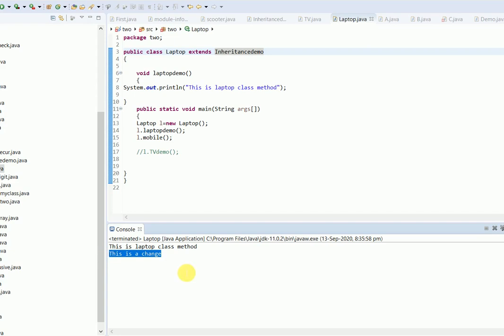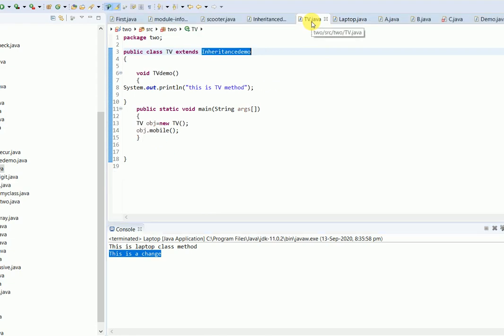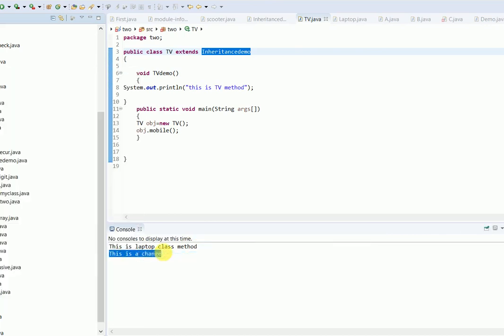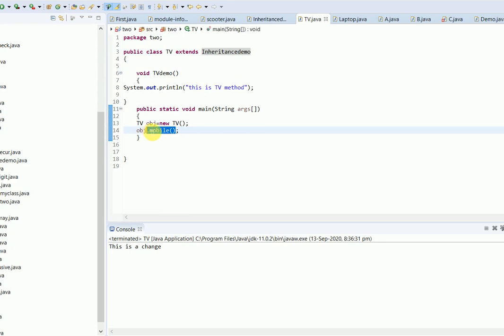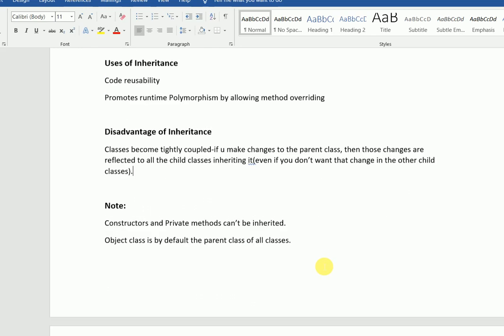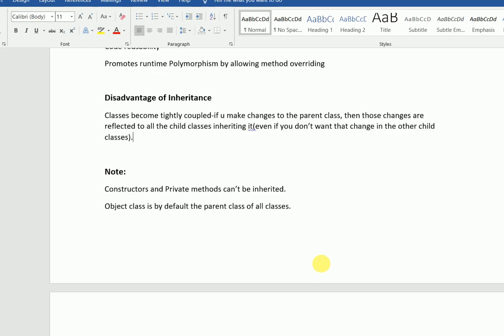Now in the laptop class, or even if I try to run the TV class, it is going to print "this is a change". So the message that I changed in inheritance demo, the same change will reflect wherever I am calling this mobile method. Now the changed method will get printed. So if I do not want that change in the child classes, then this causes a disadvantage, right?